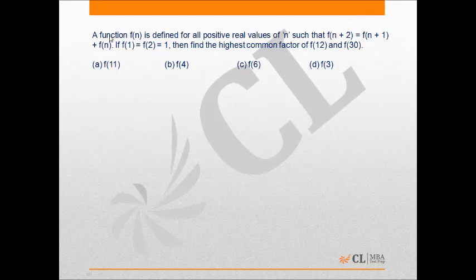This is a question on algebra. It says a function f(n) is defined for all positive real values of n such that f(n+2) is equal to f(n+1) plus f(n). So we have f(n+2) is equal to f(n+1) plus f(n). This simply means that each term is equal to the sum of the previous two terms. This is nothing but the Fibonacci series,